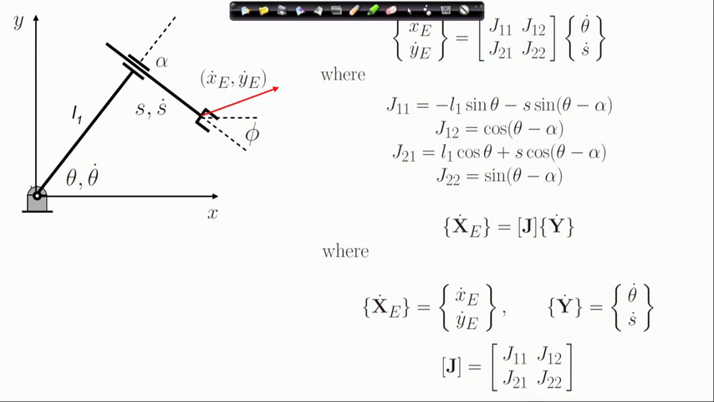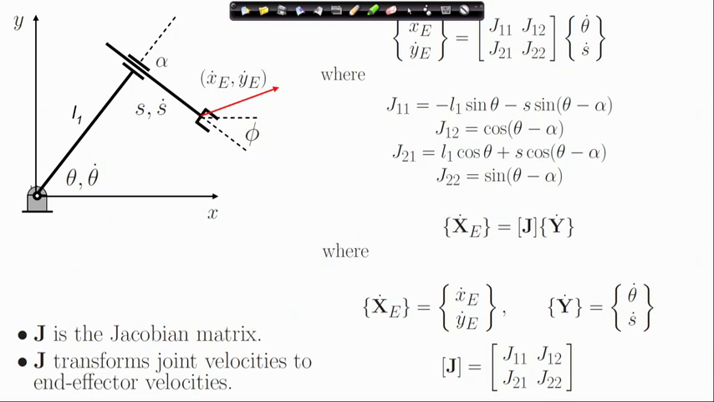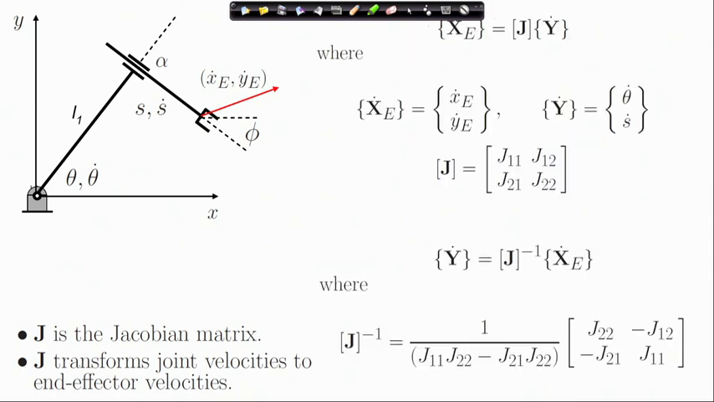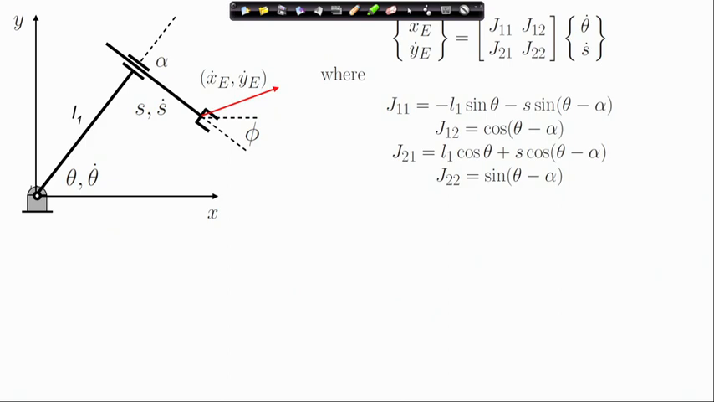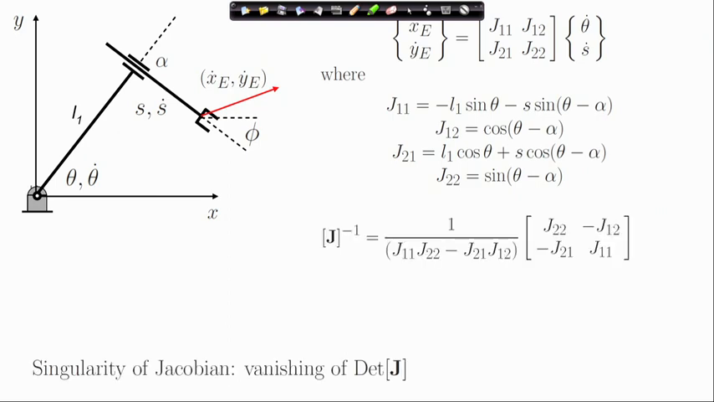So, in the compact form we had written out the velocity relations. Here we have the Jacobian matrix which transforms the joint velocities to end effector velocities, and to find out the joint velocities corresponding to a desired end effector velocity, we have this inverse relation. And we are discussing the existence of the inverse of the Jacobian. So, the Jacobian inverse exists if the determinant of the Jacobian is not equal to 0, because the determinant is sitting in the denominator,